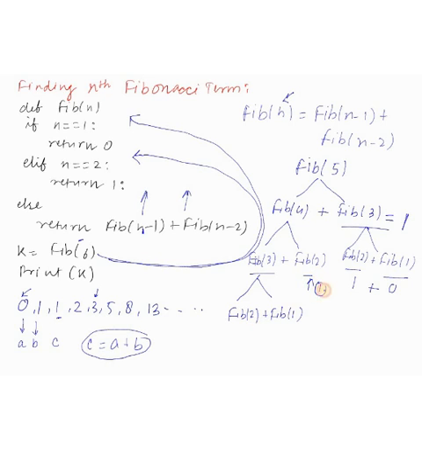Now just sum it up. Fib of 2 is terminating condition, it will return 1. Fib of 1 is terminating condition, it will return 0. So it will return 0 plus 1 means 1 to fib of 3. So here it will be 1. Right. Similarly, fib of 2 is also 1. So fib of 4 will be 1 plus 1. That will be 2. And fib of 3 we have got 1. So 2 plus 1, that is 3.